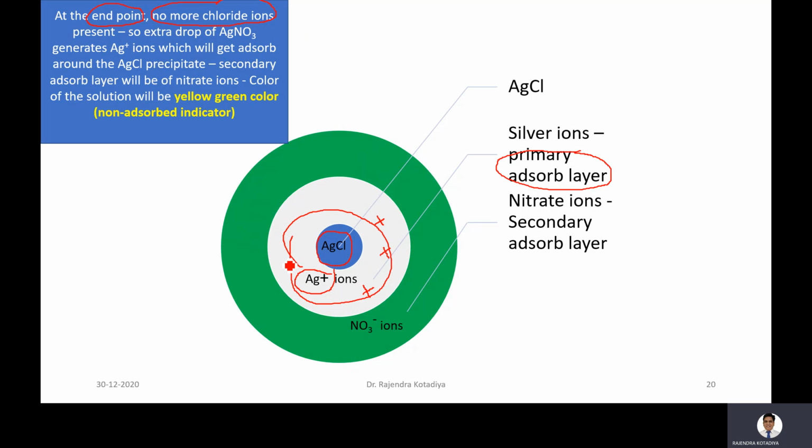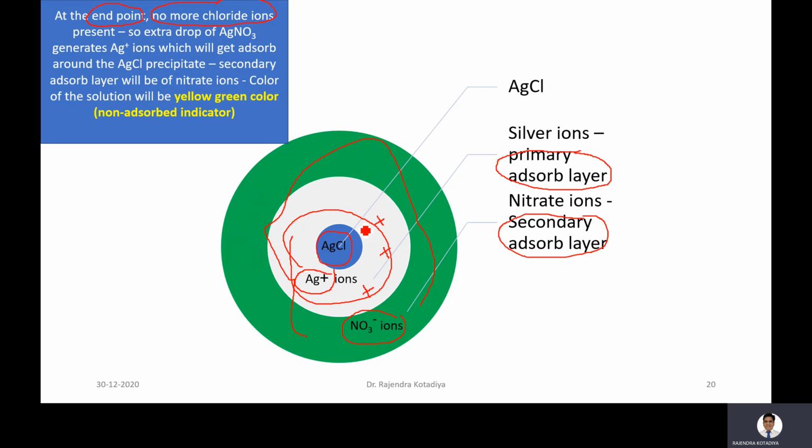Now it will attract negative ions. Okay, that means what is left? Negative ions, NO3 minus, right? So now this is the case. NO3 minus ions will be present everywhere here. Along the whole line you will find NO3 minus ion. But what happened? So that will be our secondary adsorption layer. But